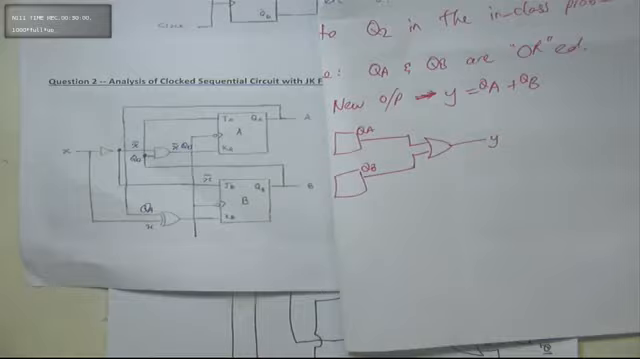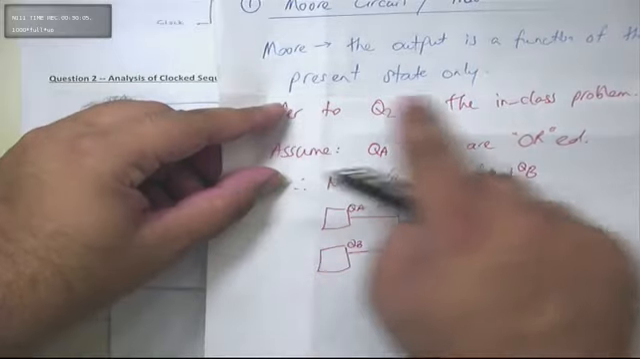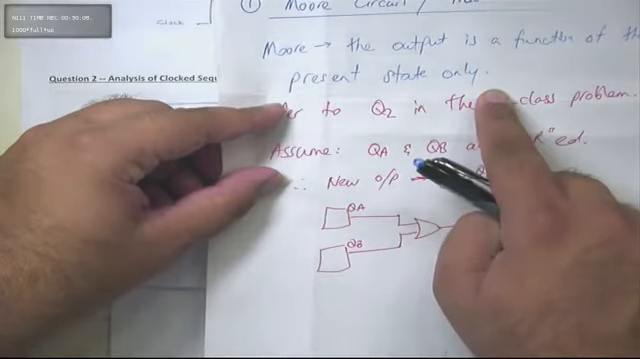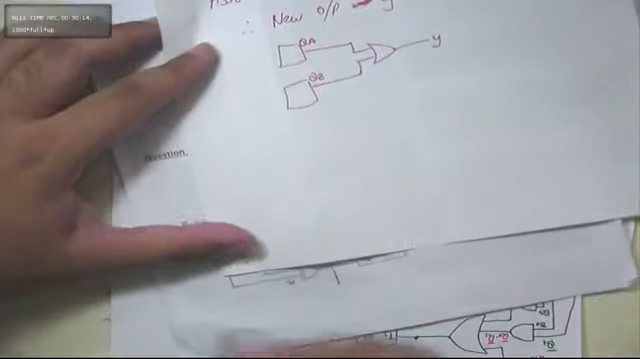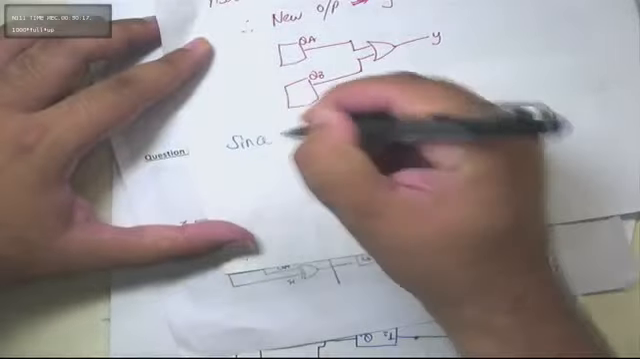Okay, this is a Moore machine. Right? Okay? So let's look at the original statement. It says the output is a function of the present state only. Right? The present state is QA and QB of the machine. So maybe we can say that since